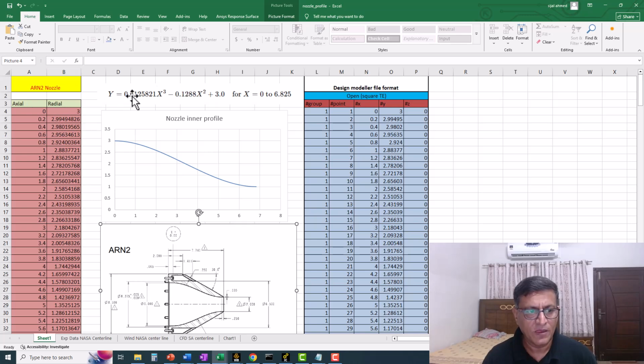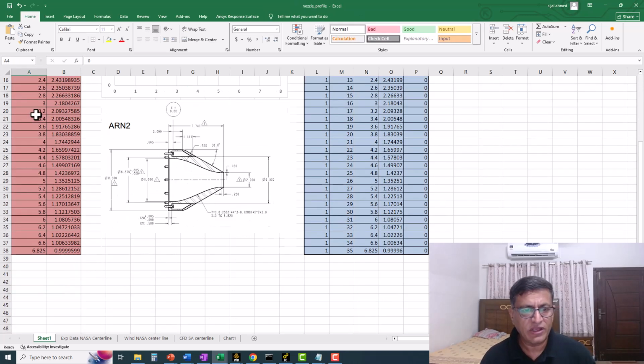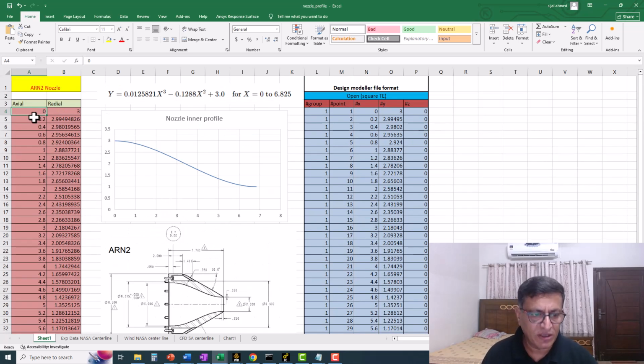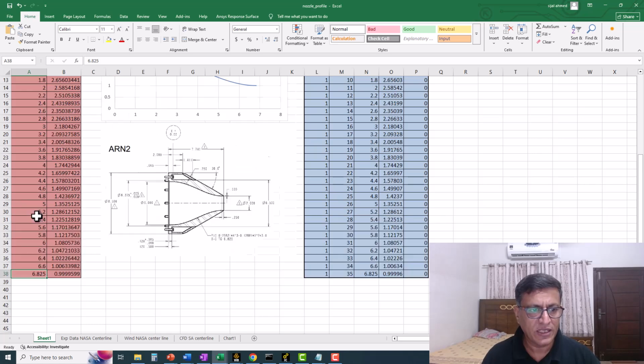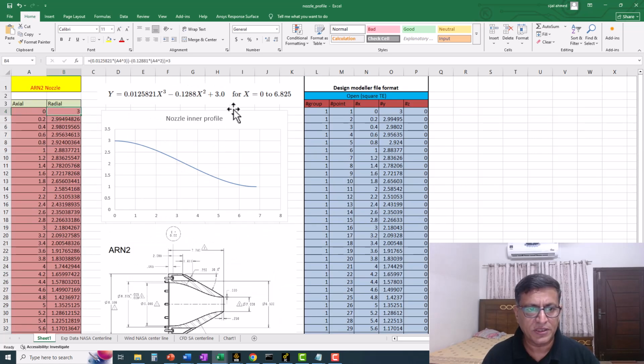So I'm going to take the x0, and then I increase the value of x by 0.2, but for the final value I directly put 6.825, and here I use the equation, and here you can see I have put the 1 as well. Okay, so the first term contains x power 3, then x power 2, then x, and then simply x power 0. Okay, so this profile is here, and now to make the geometry for Design Modeler curve,